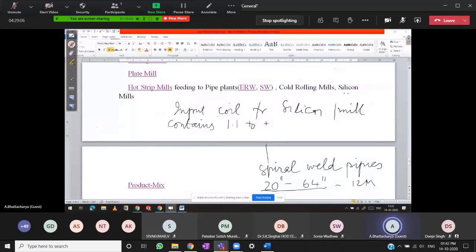For stampings, as I have explained. So I have covered in brief. Actually, it is so complex and so vast, it may not be sufficient, but I have tried to make it. Certain things may not be clear.